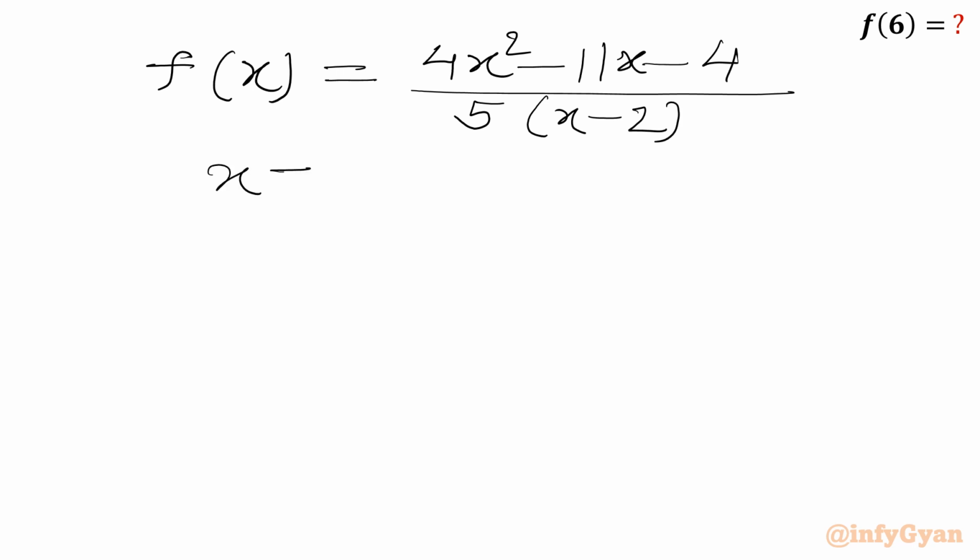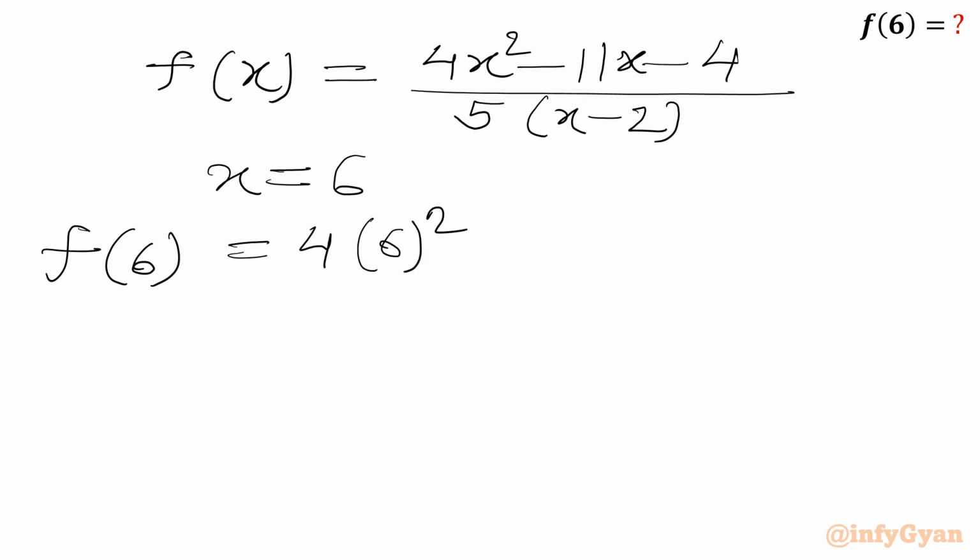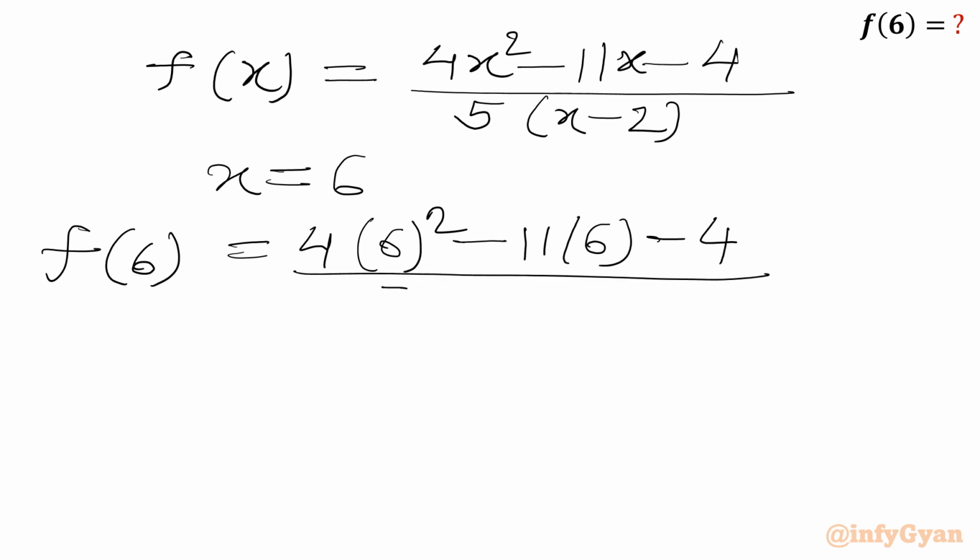So we will put x equal to 6. So f of 6 will come out (4 times 6 squared minus 11 times 6 minus 4) over 5 times (6 minus 2),